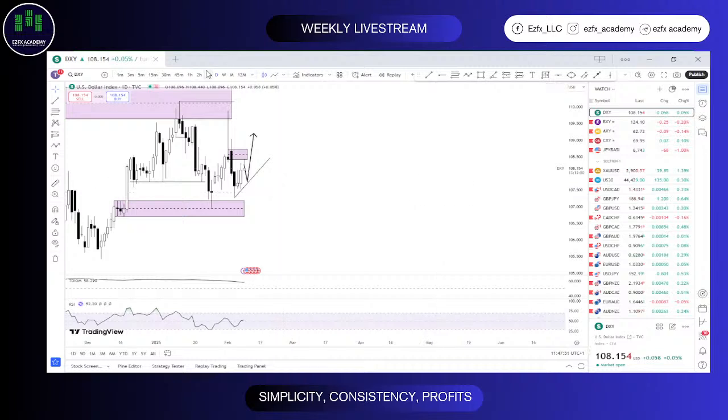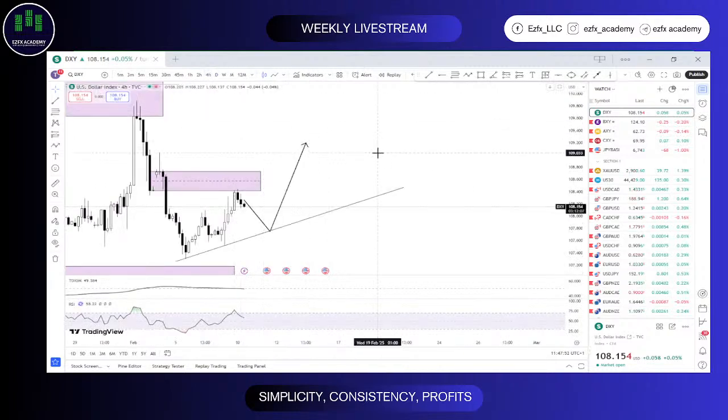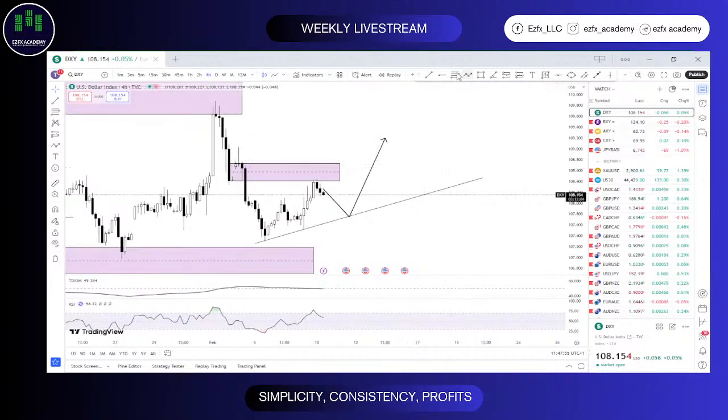Yeah, I believe we should get to see some bullishness from a daily time frame perspective. Sorry. So we've seen this already, right? That has already been taken out. So possibly we should just get to see another retracement and then continuation for the buy. So that's it for DXY.